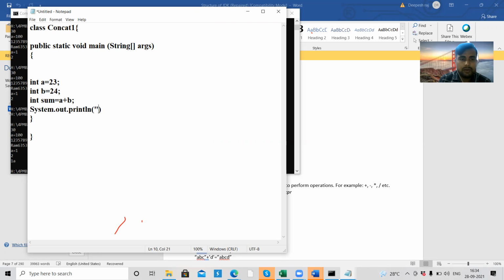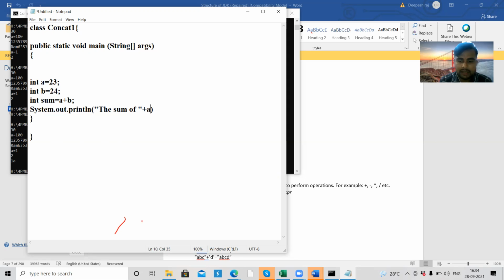So we need the string "the sum of", then A. The A value is 23, so directly we will use plus A, and 23 is going to be printed here.